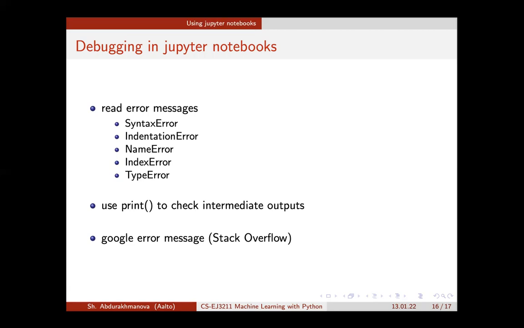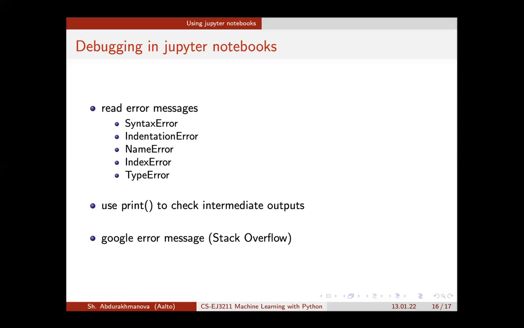They might seem at first a bit useless and maybe you don't understand what they're saying, but the more often you try to read them, the more you understand what they are trying to say and where the mistakes are. There are different types of errors: syntax, indentation, name, index, type errors. I will show you a few of them in just a minute.